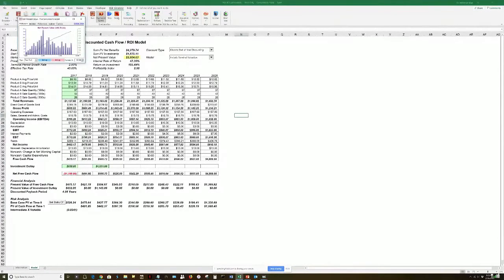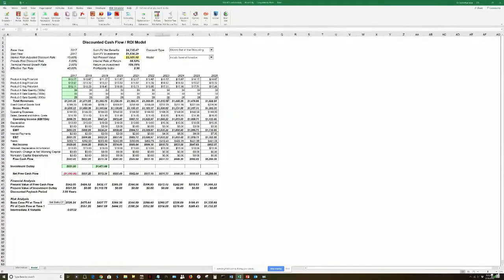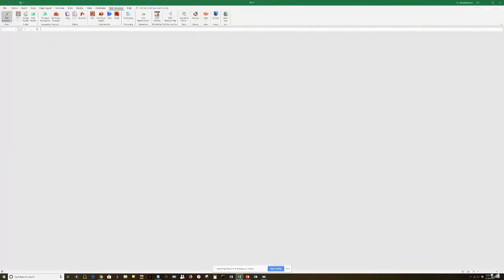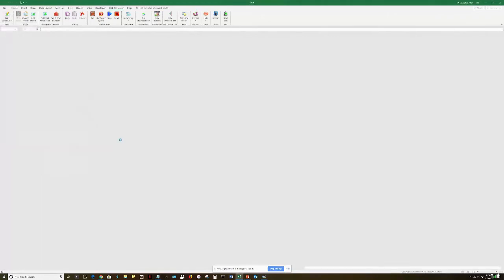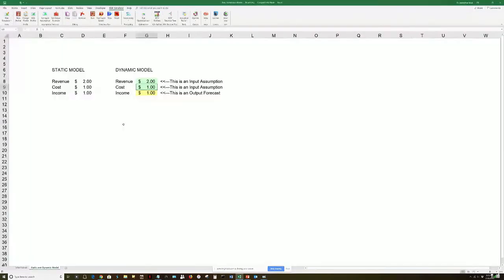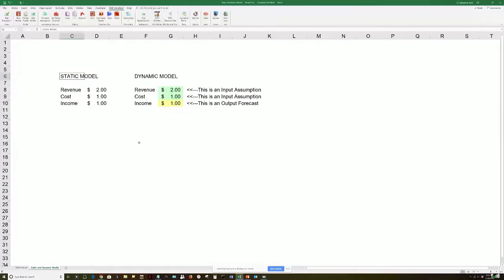So let me just stop this real quick and illustrate to you one of the world's simplest models. Okay, and so you have an idea of what on earth this simulation methodology, quantitative risk management, is all about. So on the left-hand side, hopefully, you can actually see something called a static model. Static model just means it doesn't change, right? It is static. We have revenues of $2 or $2 million, whatever you want to name this, and cost of $1, and therefore your income equals 2 minus 1. So I just put a simple equation there, $2 minus $1, D8 minus D9, right?